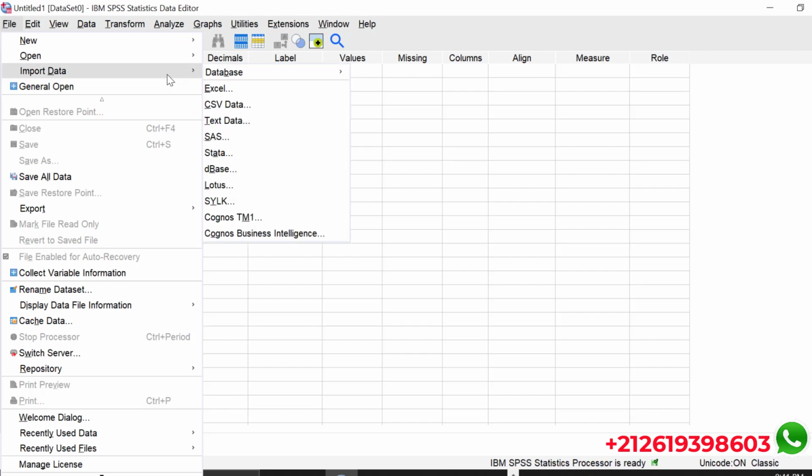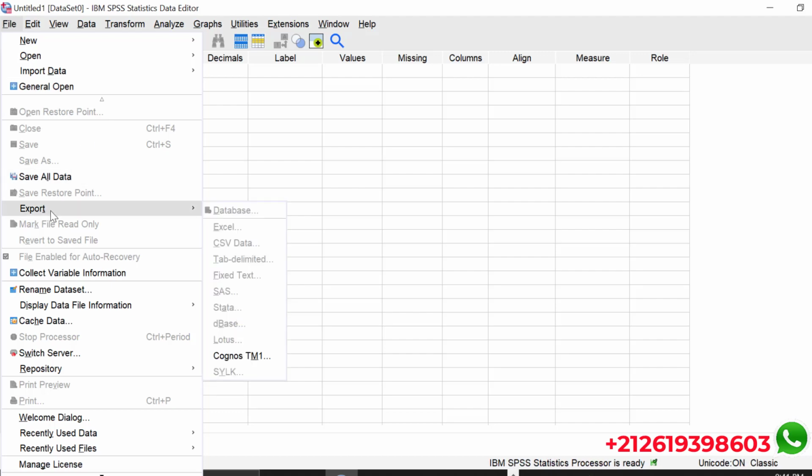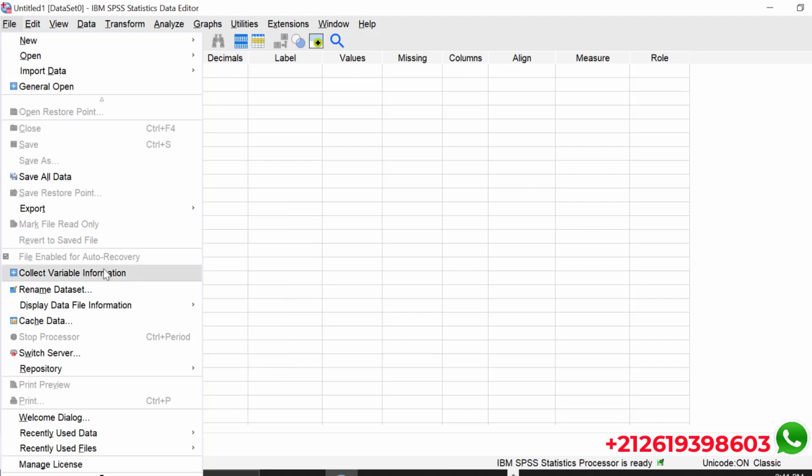Okay, Cognos Business Intelligence. Then we have general open, and we have export once we finish, and we have collect variables or information, and also the last thing that is integrated here is rename dataset